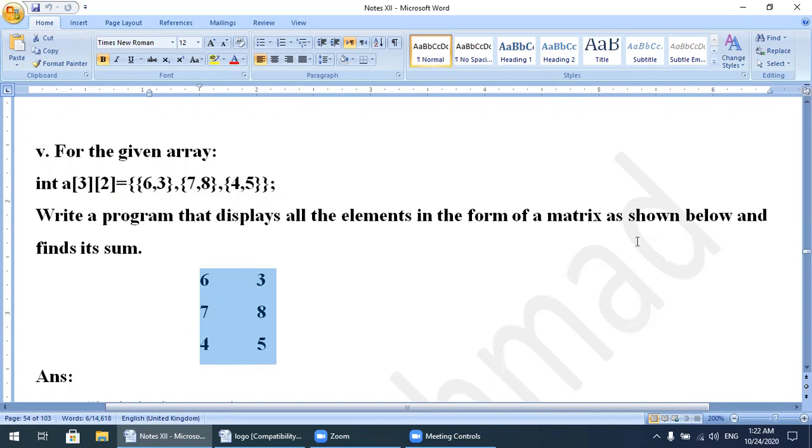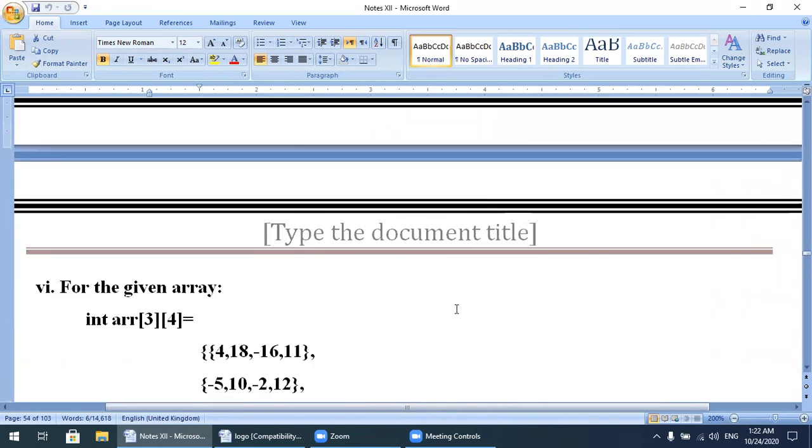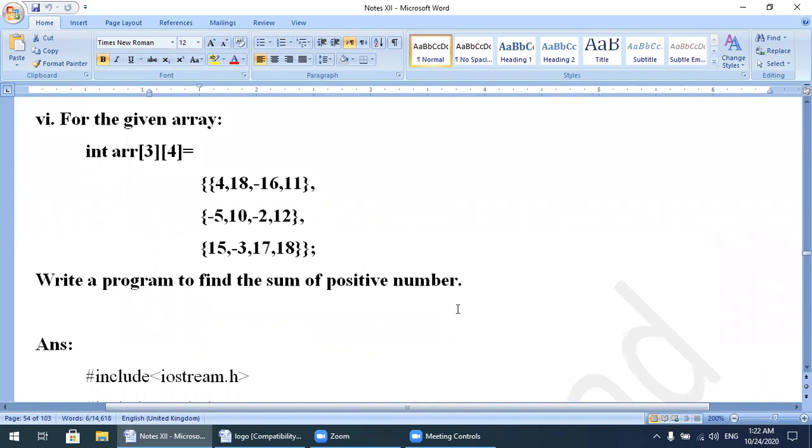And the next demand of this program was to find the sum of all these elements. So we have already done this program and explained the whole program. Next question. For the given array,